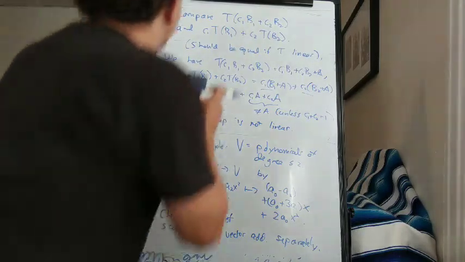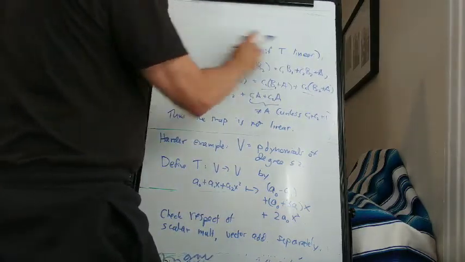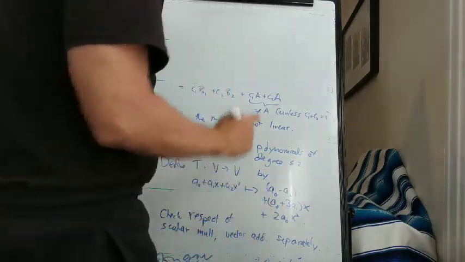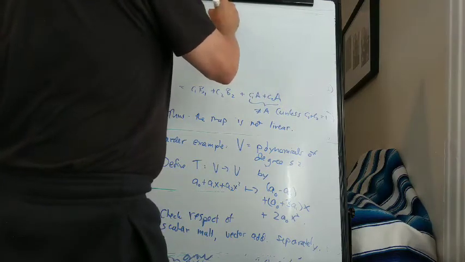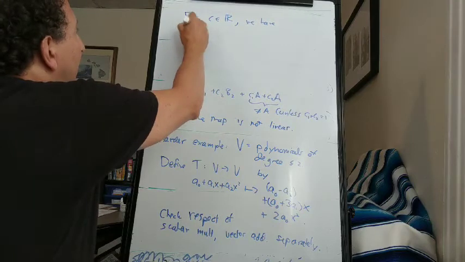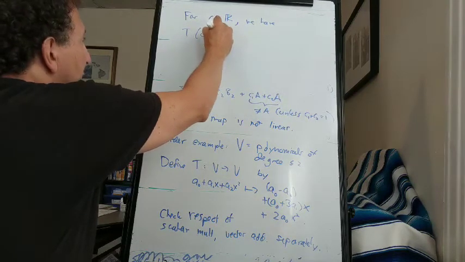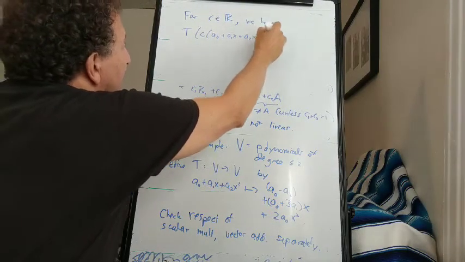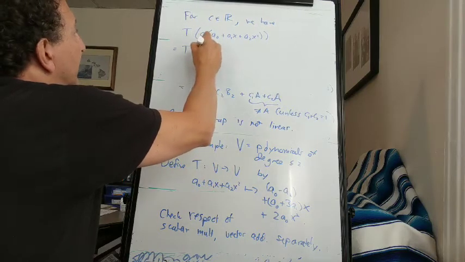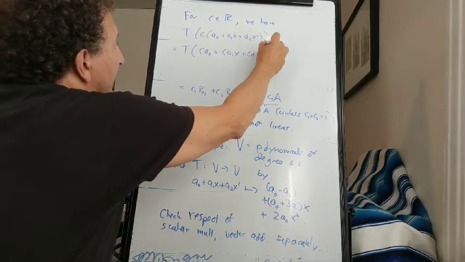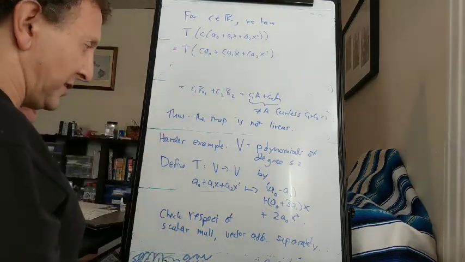Alright, so let's check them and see what happens. If we have a real number c, T of c times this polynomial, a naught plus a1x plus a2x squared, equals T of c a naught plus c a1x plus c a2x squared, which is, now the linear transformation says